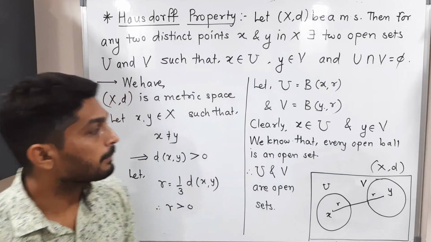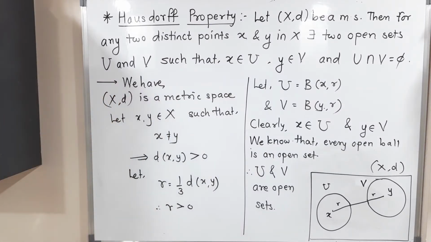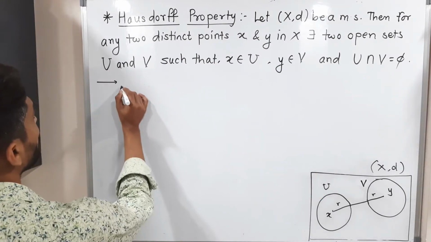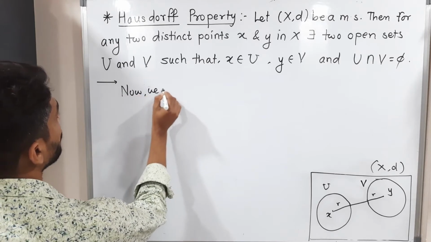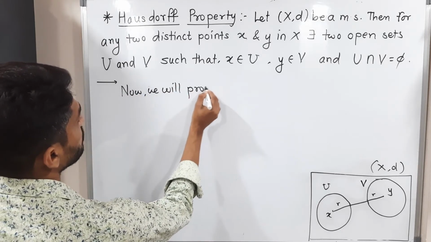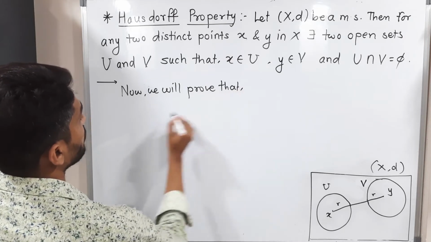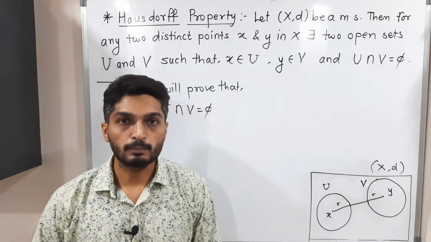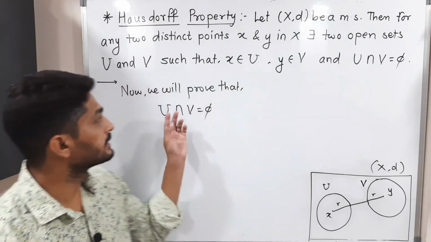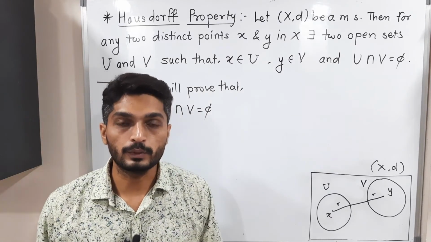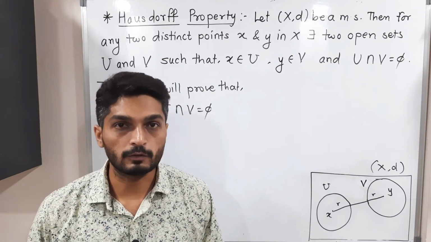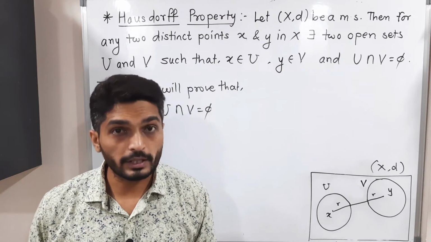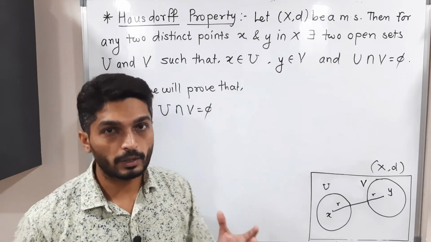Okay, we will prove it, but make a screenshot of it and after that we will go further. So let us prove the last thing, U intersection V is equal to phi. But in mathematics, most of the times when we have to prove that something is equal to phi, we assume the contrary and go further. After writing some logical statements, we get some contradiction, so we change our statement. I am going to do the same.